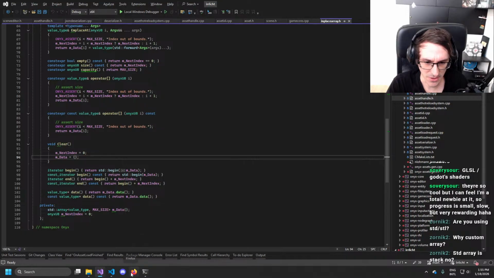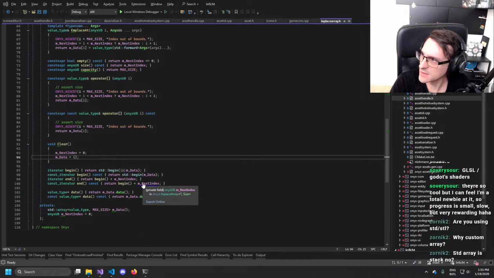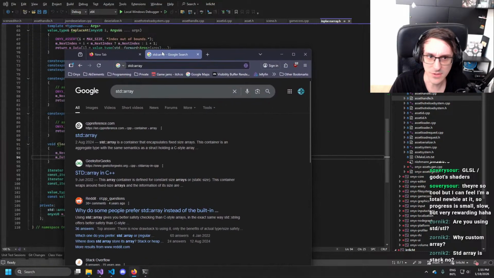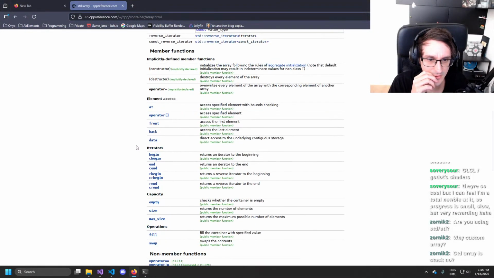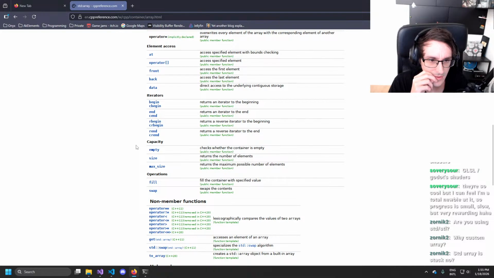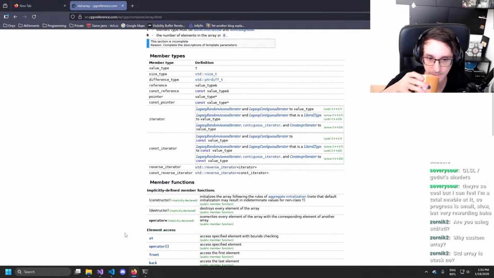But I'm not sure, maybe STD array has that interface anyways. To be honest, I've not looked too much into STD array. I would assume that the size always returns the size of... oh, okay, no, maybe not. Okay, maybe we could completely change to STD array.